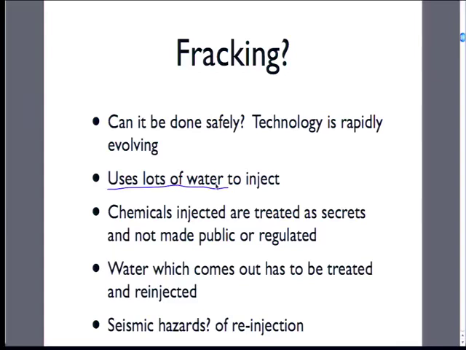We'd rather have oil than a fresh water supply. One other thing that they do is when they inject the water down there, they put these special chemicals in that sort of lubricate it and make it, some attributes of how they want to fracture the shale. These chemicals are treated as industrial trade secrets, and they're not allowed to require the companies to release what the